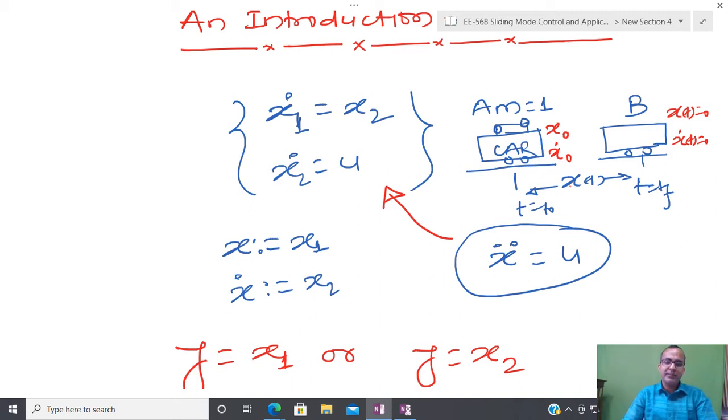That is nothing but the idea of observability. What is the meaning of controllability? The meaning of controllability is that if you have a certain kind of system, is it possible to design a control such that you are able to move your system from one point to another point? If that is possible, it means that the system is controllable. From this particular example, you are able to understand when this is possible and when it is not possible. Due to that reason, I started with a very simple example.